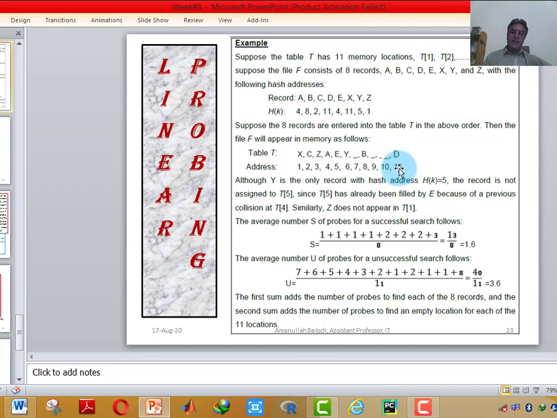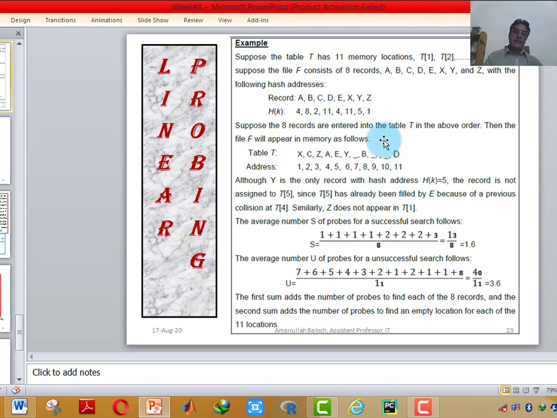The 11 was already occupied by D. It searched the next location, that is 2 searches. After 2 searches, it got the blank location and stored itself at location 1. So here we have taken the 2 unit time. For Y, the hash address of Y is 5. 5 is already occupied, and the next blank location 6 was available. So we have stored Y at location 6. So it has taken 2 unit time.